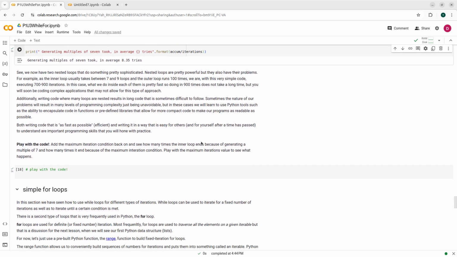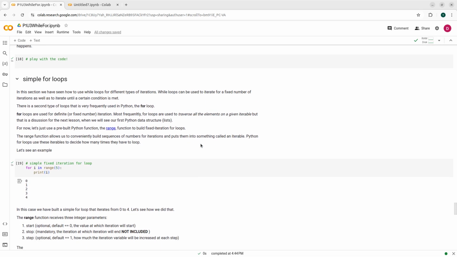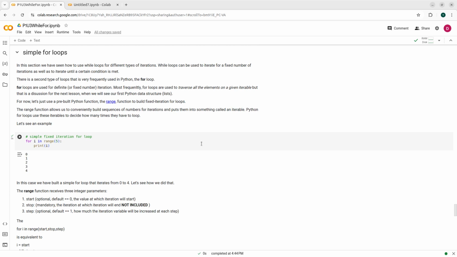So we have seen while loops with complex conditions. We have seen while loops that iterate a fixed number of times, or that iterate until something happens, and we have nested them. To finish very quickly, for loops. For loops have their own